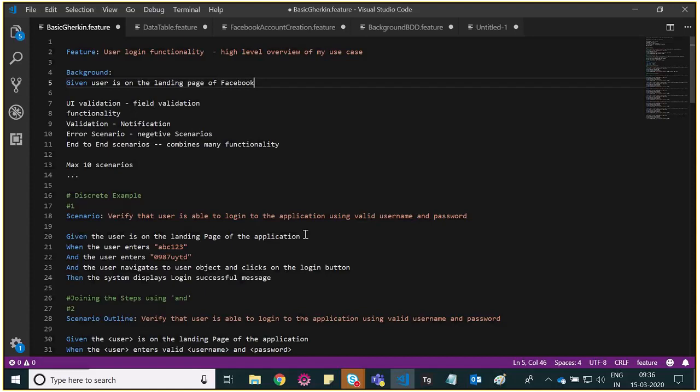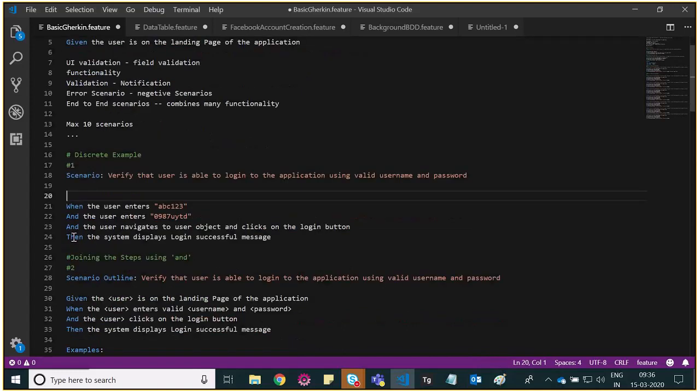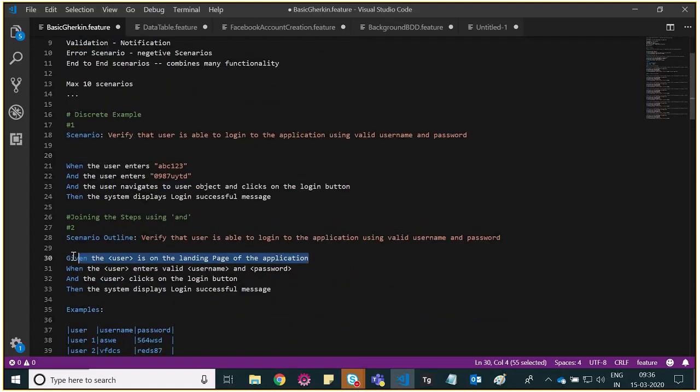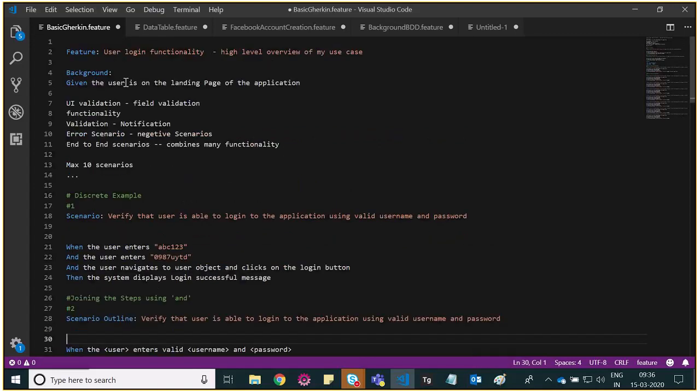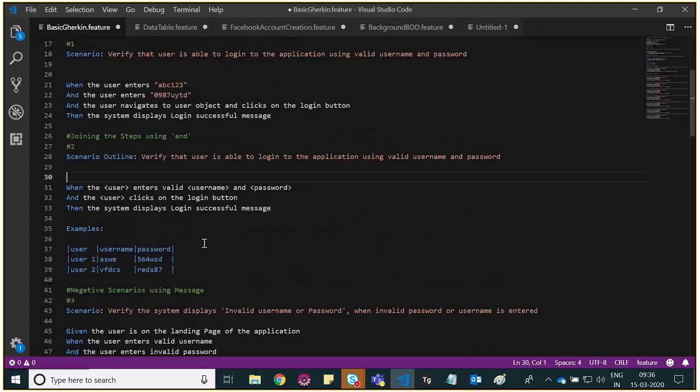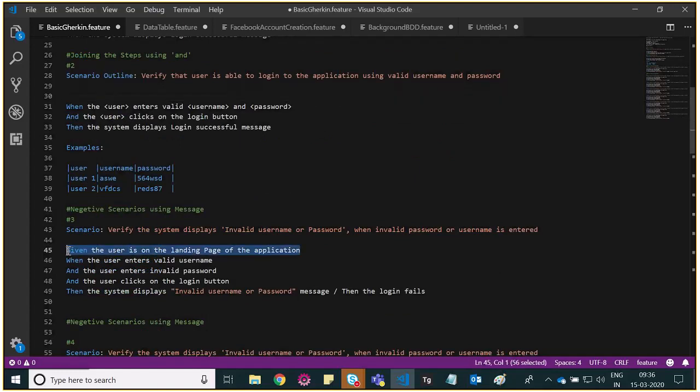It should be user. This I'll copy. Okay, this is how it should look like. See, given user is on the landing page. Now what I can do is I can delete this thing from each and every scenario. See what I'm doing? Given user is on the landing page of the application. See, now what I'm doing? I'm deleting